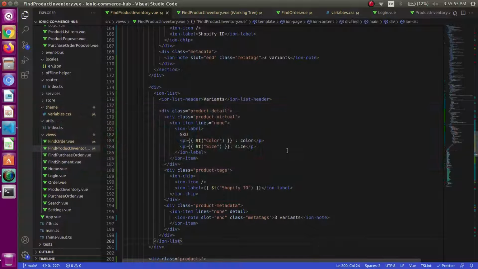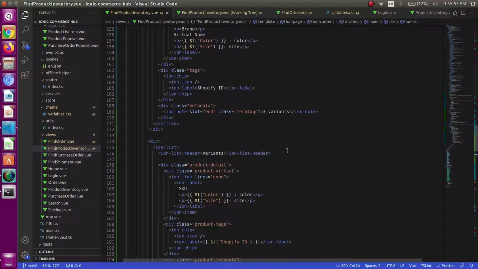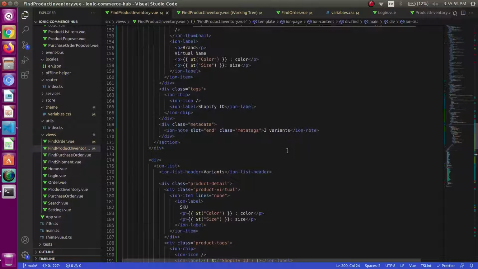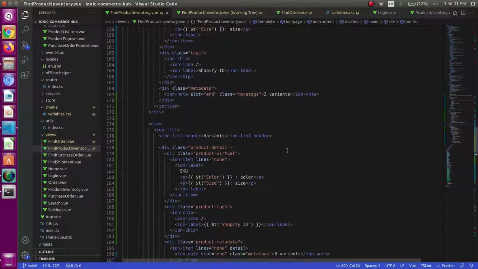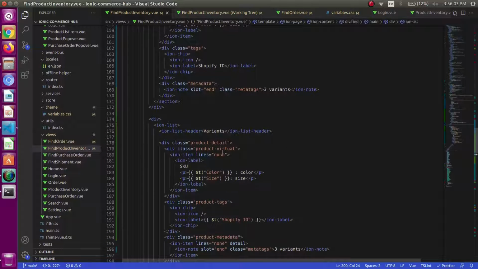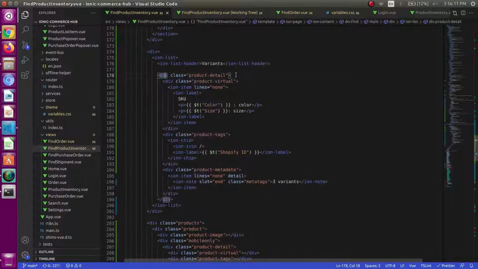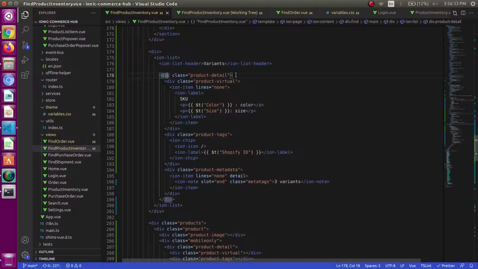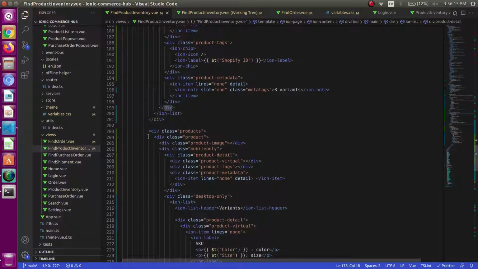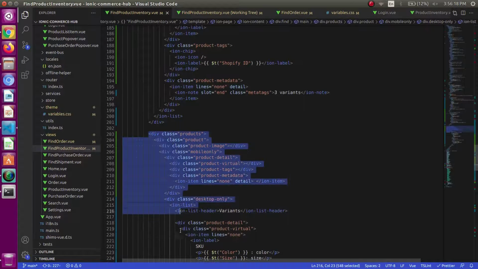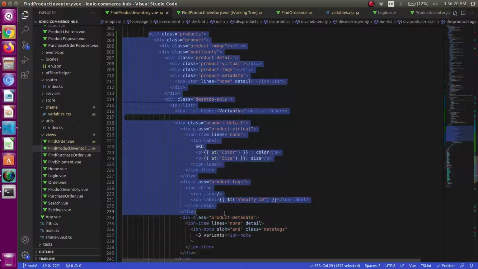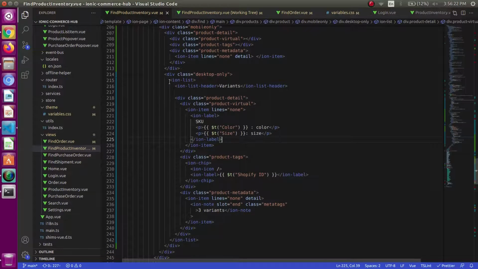We have not provided any styling to it, so it is not looking fine. I will be using some different names for that. Just rename these classes. First of all, just remove this unwanted code.